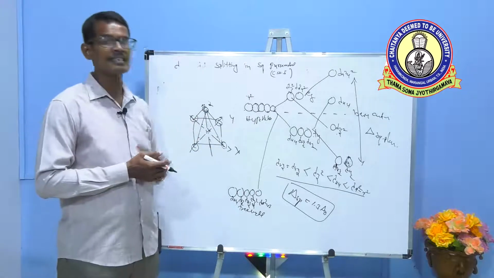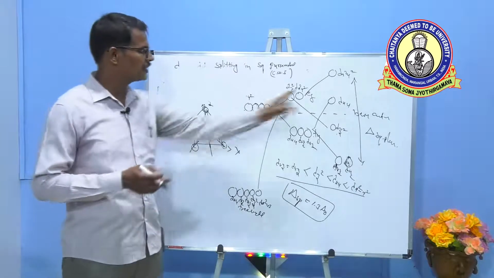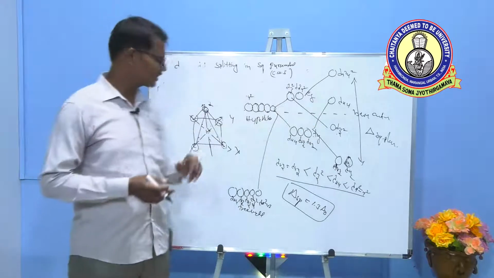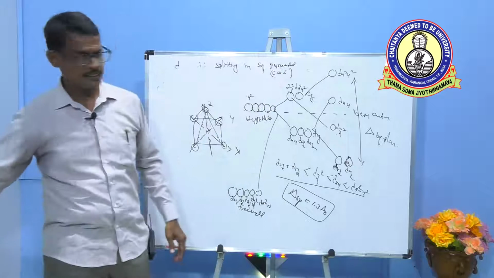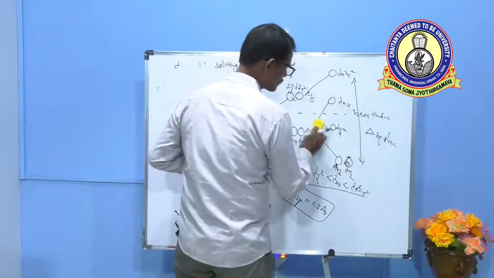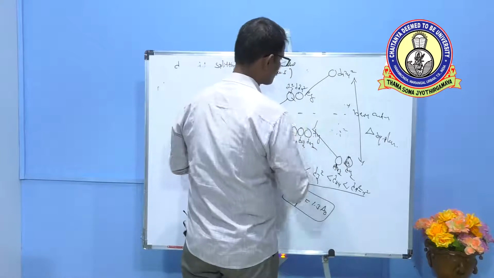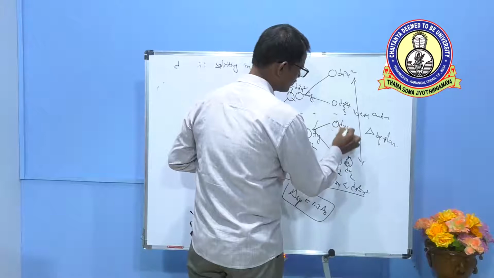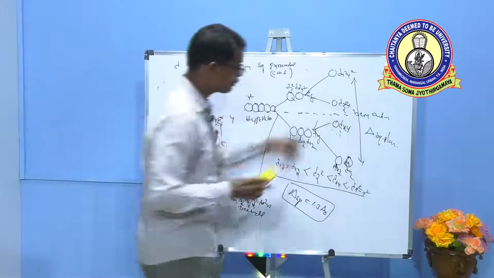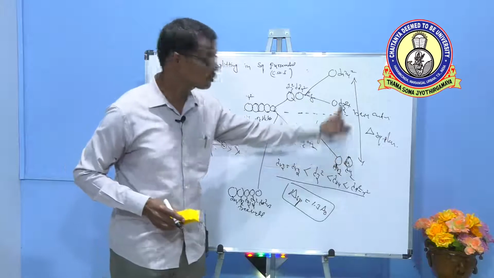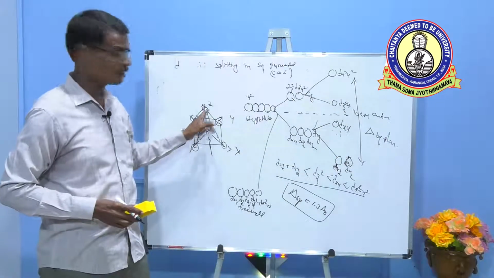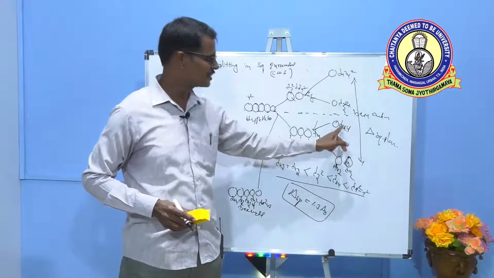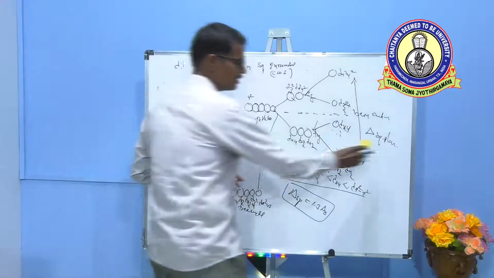So this also causes further d orbital splitting in Eg and T2g, such that Z orbitals are less, so Z orbital energy decreases, XY orbital energy increases. The difference in square planar and square pyramidal is only this much. In square planar, this goes to lower and this goes to higher, because there is no ligand along the Z axis. One ligand comes, that's why Z square energy increases and XY energy increases less in square pyramidal geometry.